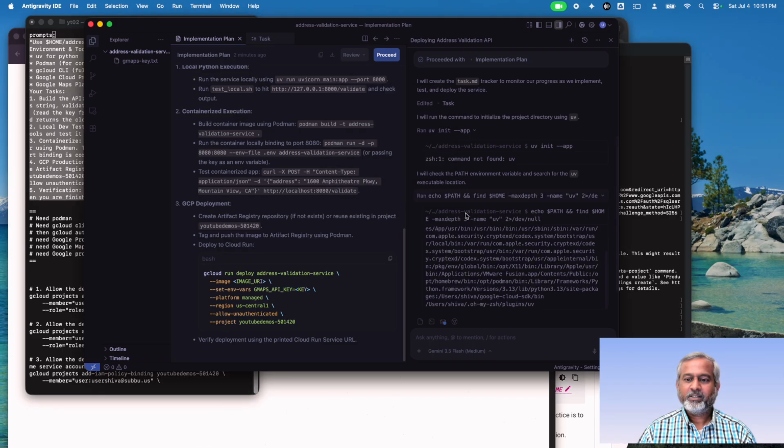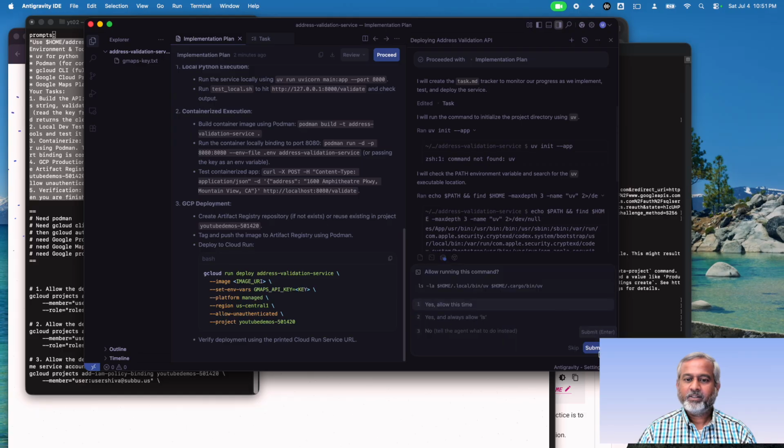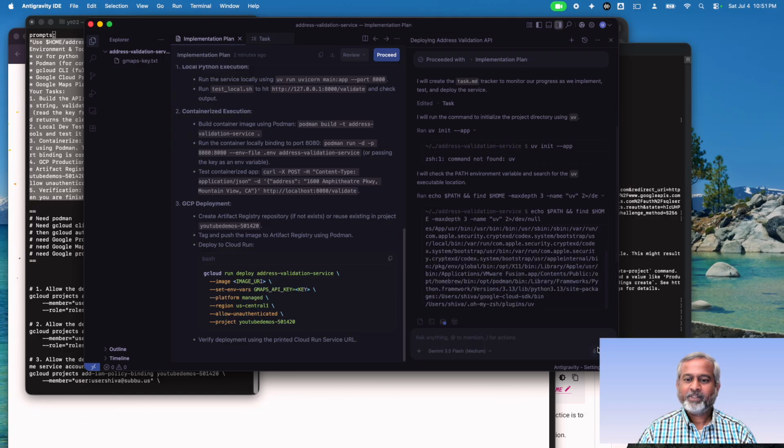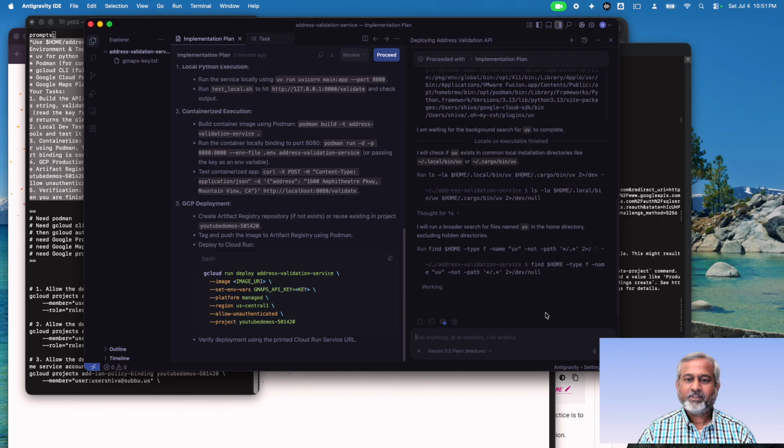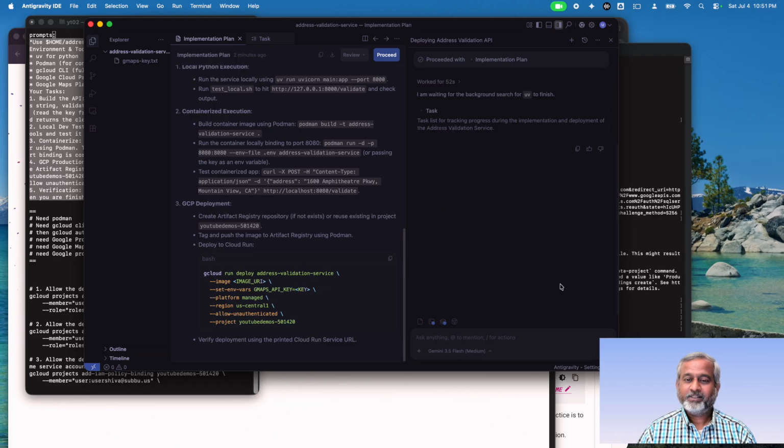So let's see. Yeah, it's not in path. I don't think it's gonna like it so much. We'll see if it fixes it. Is it gonna fail? Don't know. Tick, tick, tick, tick, tick, tick. Oh, I should not have allowed it to